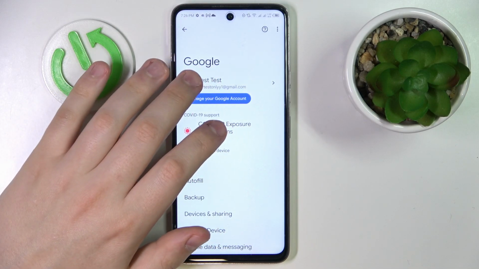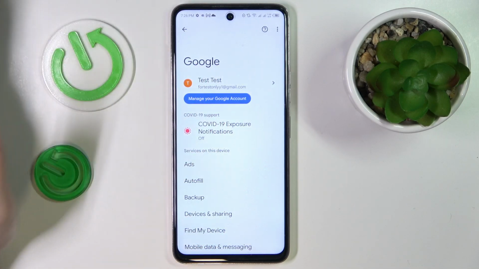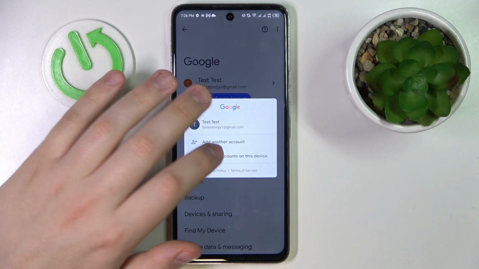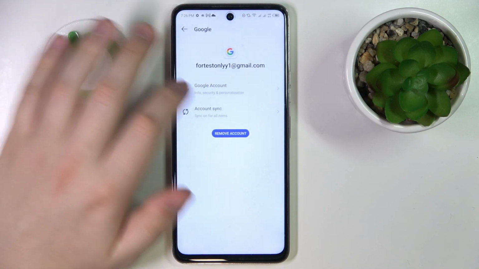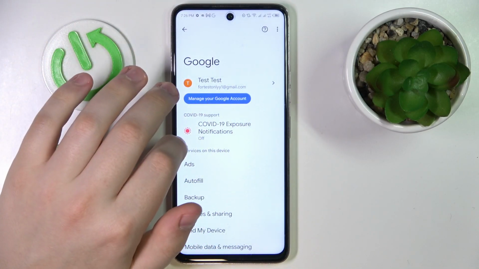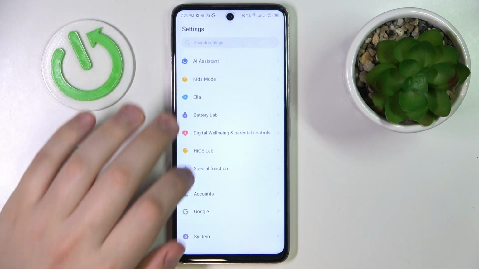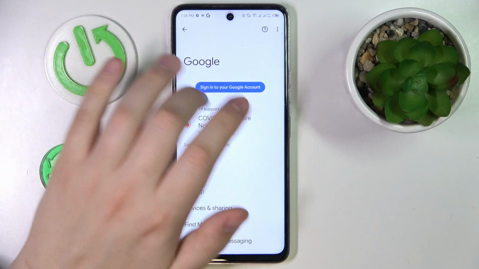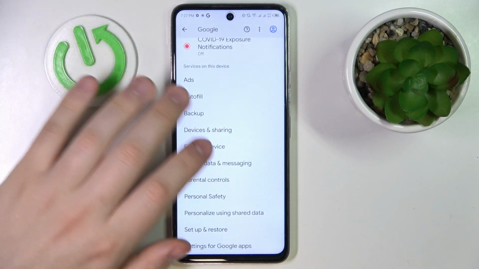If you have any accounts linked to your system currently, you have to get rid of them, thus remove. So you can do that by tapping over here, then go for the manage accounts on this device option, open up the Google account, each one that you have, and then remove it like so. Once you have successfully gotten rid of all the Google accounts and this field is empty, you can start the